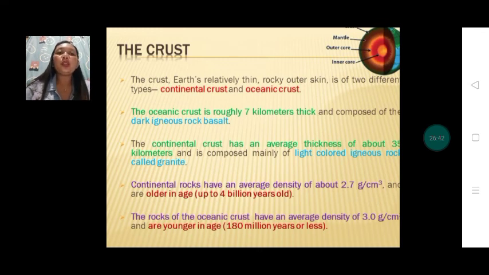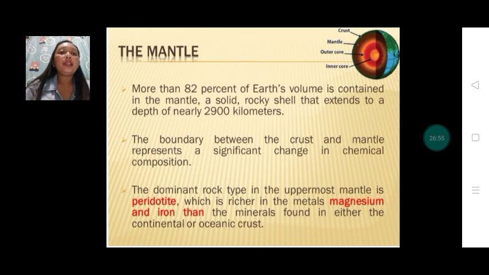So the rocks of the oceanic crust have an average density of 3.0 grams per cubic centimeter, and are younger in age, 180 million years or less. Okay, the mantle. So now let's proceed to the mantle. Okay. More than 82% of Earth's volume is contained in the mantle, a solid rocky shell that extends to a depth of nearly